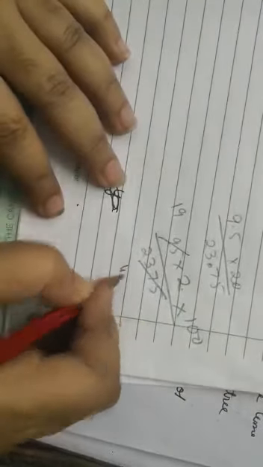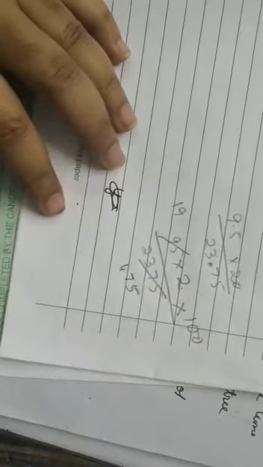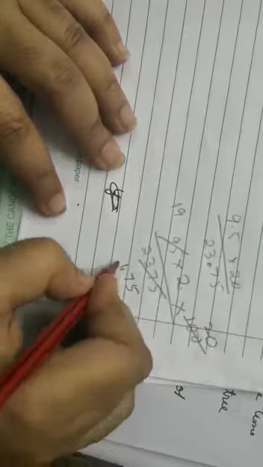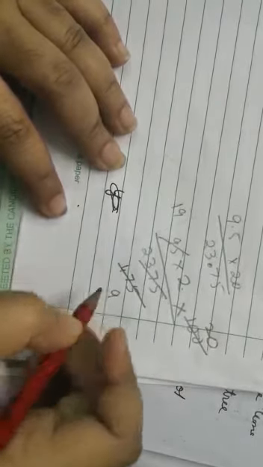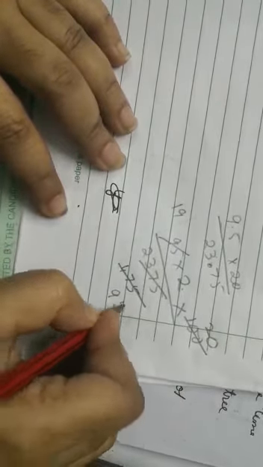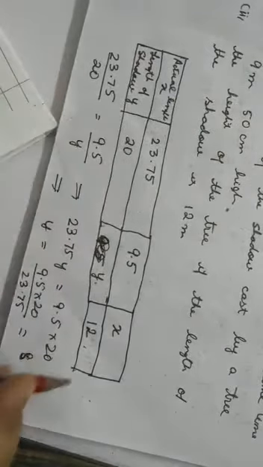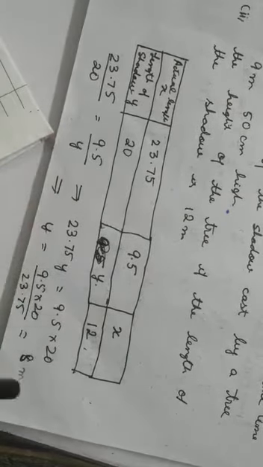How much is coming? 5 4s are 20. It's coming out to be 475. Again it will go with 5. This is coming out to be 20. 5 9s are 45. 5 5s are 25. 19 5s are 95. 5 4s are 20. So 4 2s are 8. So this is coming out to be 8 meter. So the length of the shadow cast by that tree is going to be equal to 8 meter. Write the units also. So that tree is going to cast a shadow of 8 meter.